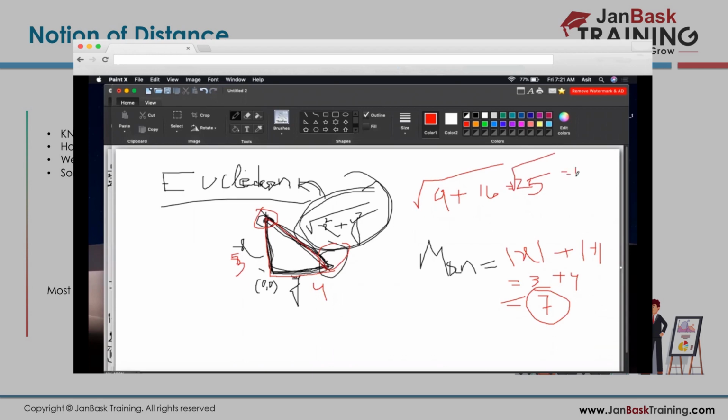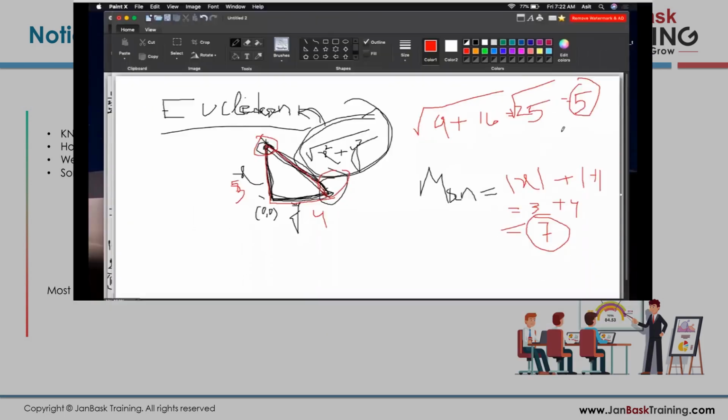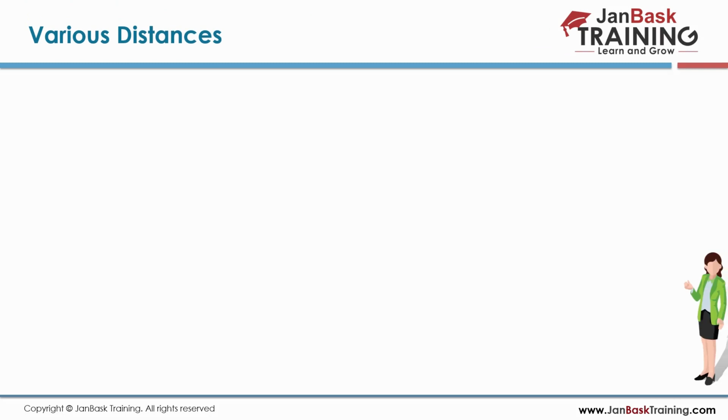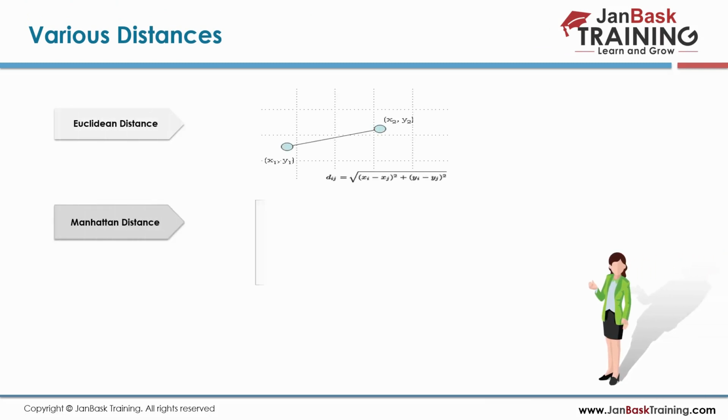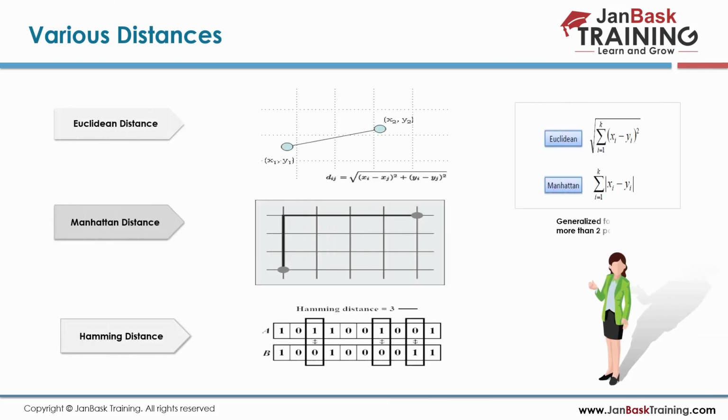That's why we call it the smallest distance. If you see, you have given 2 data points and you want to find the distance, then normally we use Euclidean and Manhattan. Whatever I told you, the same thing is explained here. Hamming, for the time being you forget, nobody is going to use it. There is no requirement at all for the Hamming distance. It's always advisable to go with Euclidean between 2 data points.